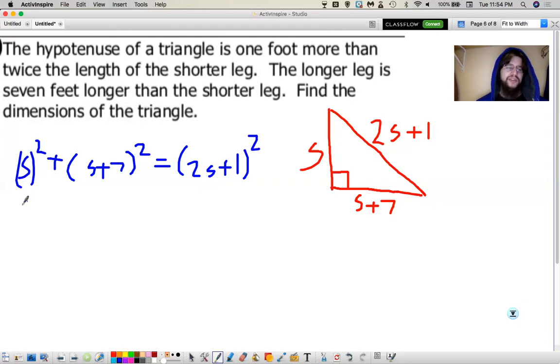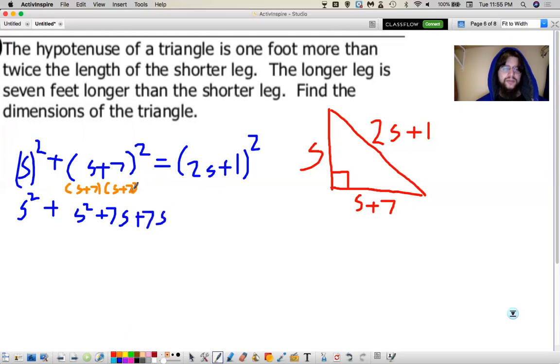s squared obviously is just s squared. On these, you'll need to do the distributive property. Don't forget, square means multiply by itself. This is actually (s plus 7) times (s plus 7). s times s, s squared. 7s, 7s, 49, equals,